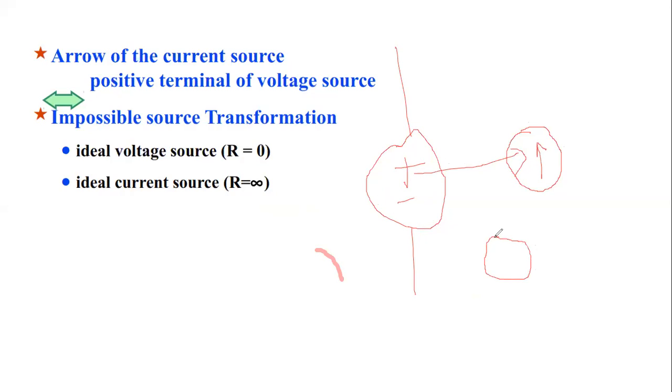If this is the case, suppose, then definitely this will be converted, or transformed, to a current source like this. So the direction of the current source will now be downward. So just focus on the position of this plus. Wherever this plus is, that will be the direction of the arrow, towards that only.